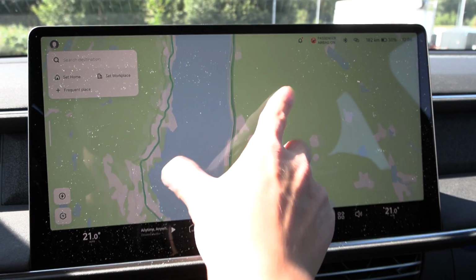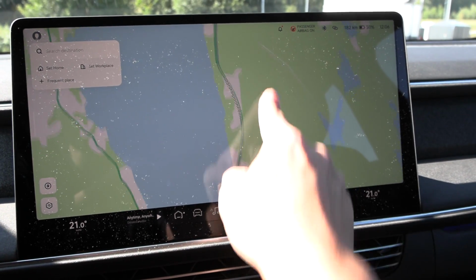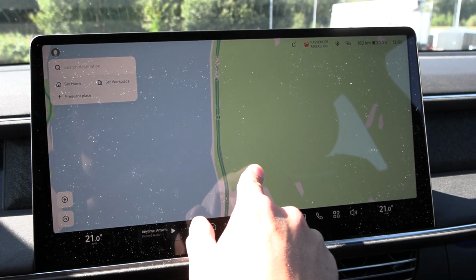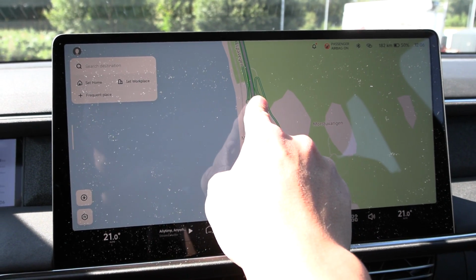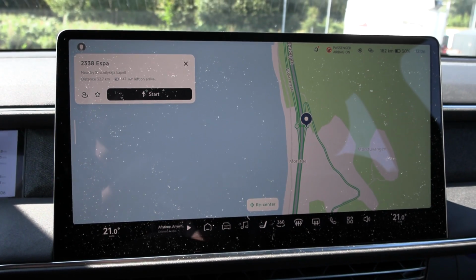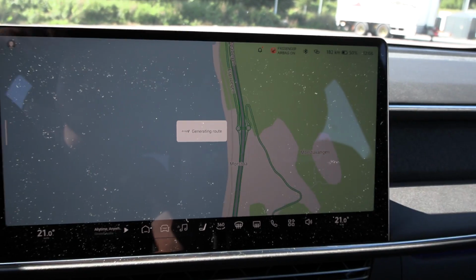Let me see, can I find Strandlykkja? If I just keep zooming, wait, okay, first of all, I have slight problems finding Strandlykkja. I know it's roughly here, or there, you see? Okay, if I do this, sending data to China, and then, okay, so when we do this, start here, navigate, you will see that the